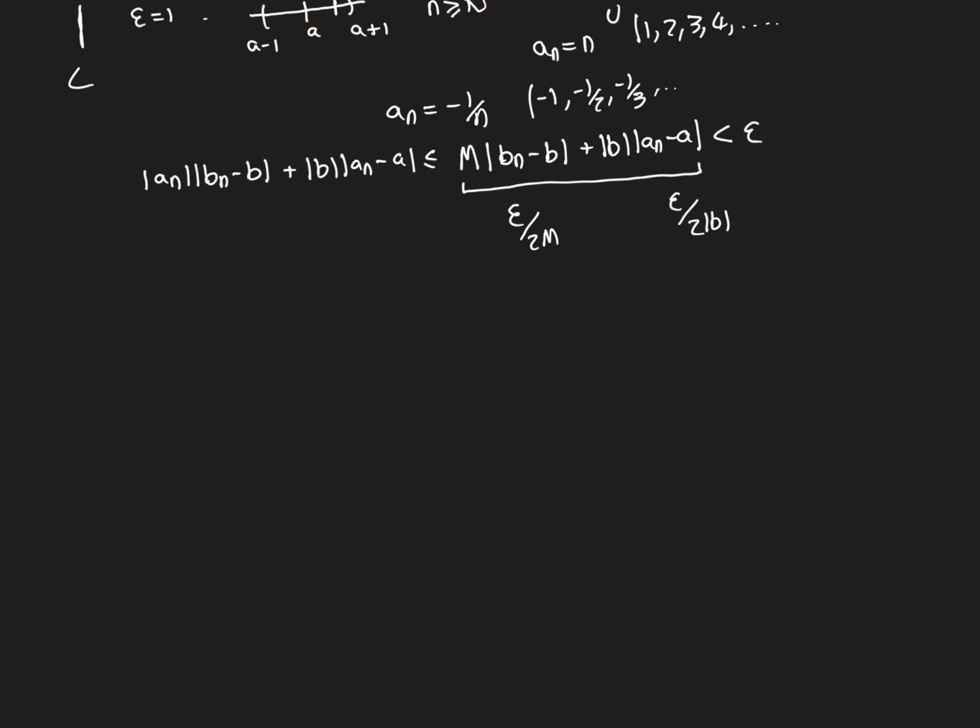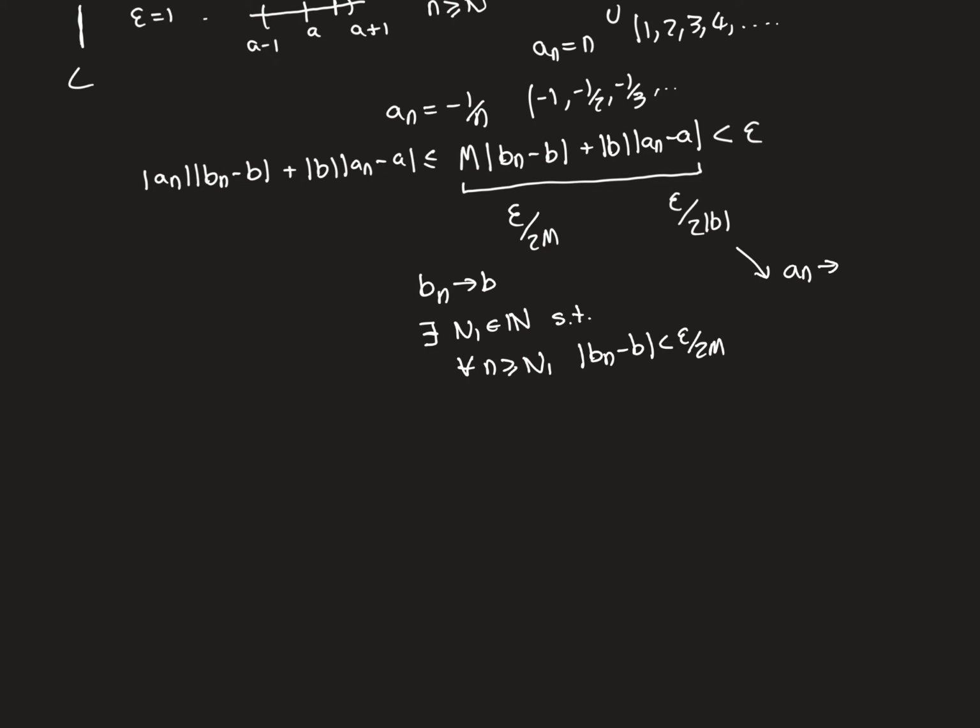So again, just to put a little bit more on this, because Bn converges to B, there will exist some big M1 is an element of the natural numbers, and I really should have begun with A to keep the same pattern as we had previously, but never mind, it doesn't matter. There exists a big N1 is an element of the natural numbers such that for all little n greater than or equal to big N1, mod of Bn minus B is less than epsilon over 2m. And then for this one,